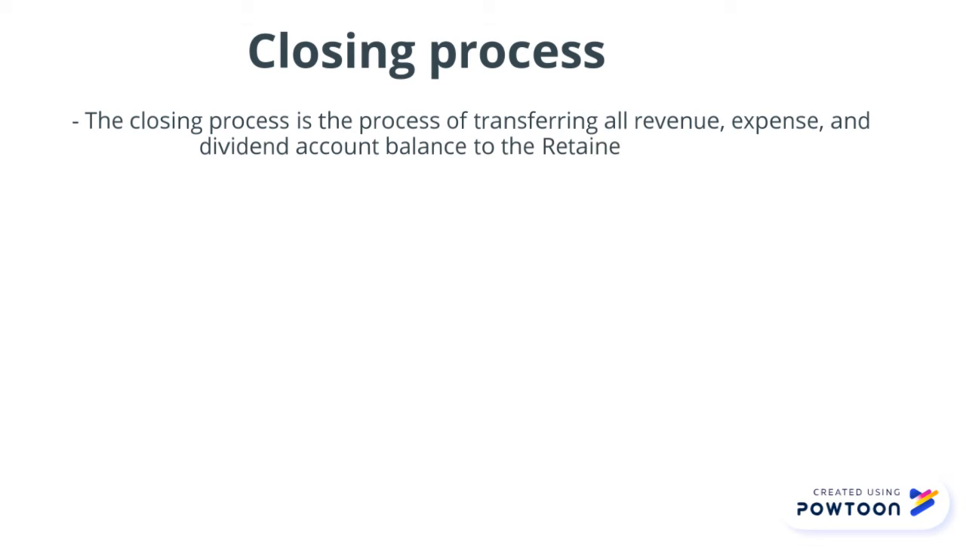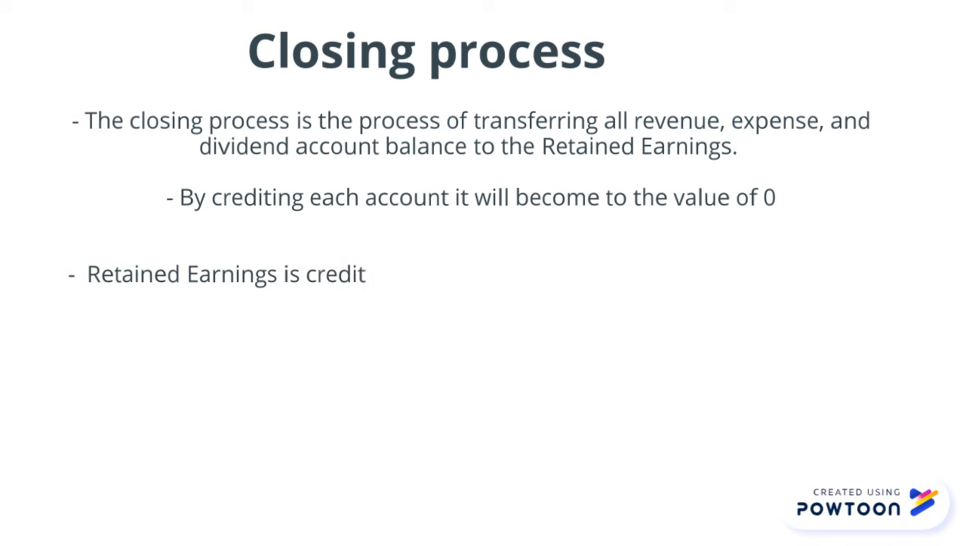This is the process of transferring all revenue, expenses, and dividend account balances to retained earnings. Each revenue account is reduced to zero by debiting it, and each expense account is reduced to zero by crediting it. Thus, the balance of ending retained earnings for a period shows a